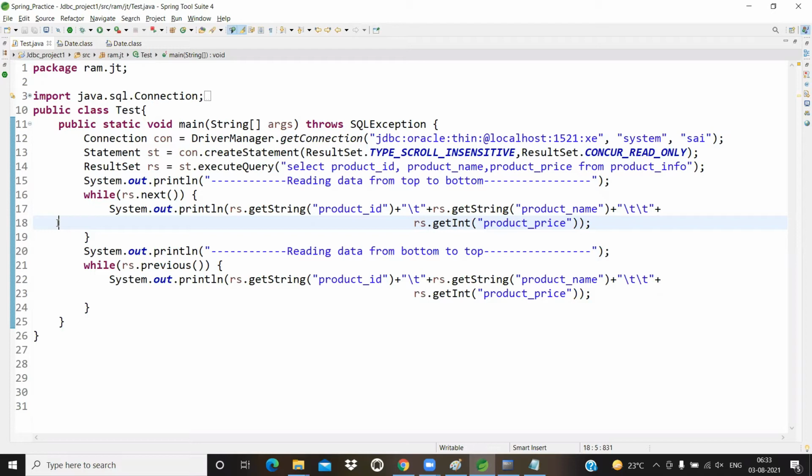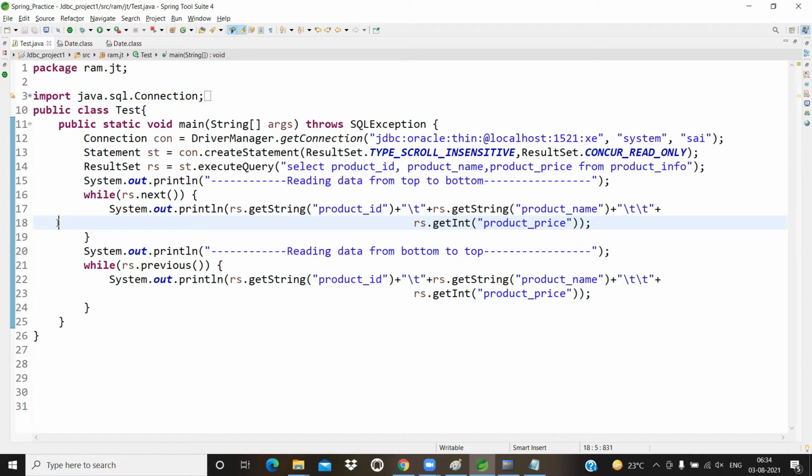Especially here, with a sensitive result set, after we start reading the records from the table, if any updation happens in the table, those updations should automatically be reflected to the Java application. Then we should go for scroll sensitive.